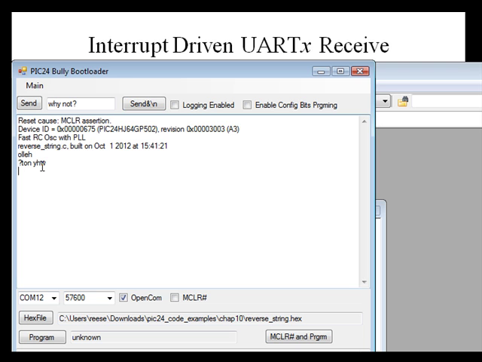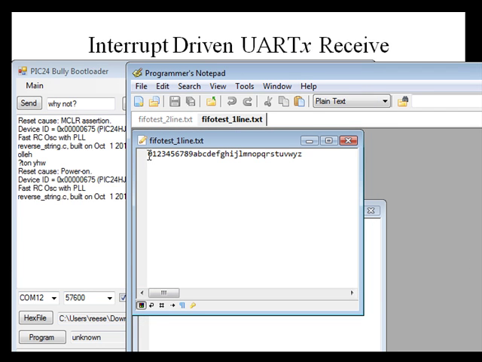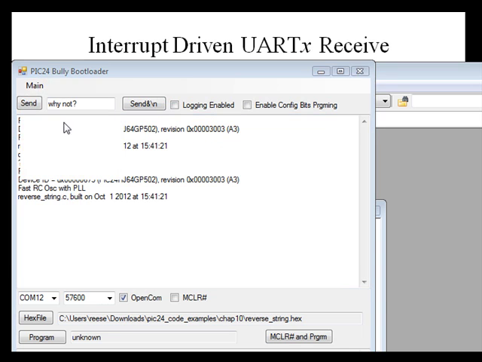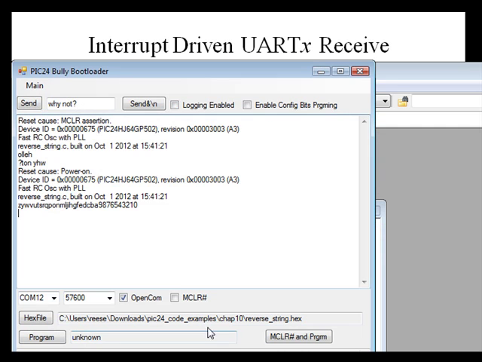Now let's do something different. I'm going to cycle power first. Let's send it a longer string. We're going to send it a long string that consists of digits and lowercase alphabet from the file FIFO_test_1. So let's use this mechanism to send that file. I'll send that FIFO test one line.txt, which I've just done, and we can see that it reversed that